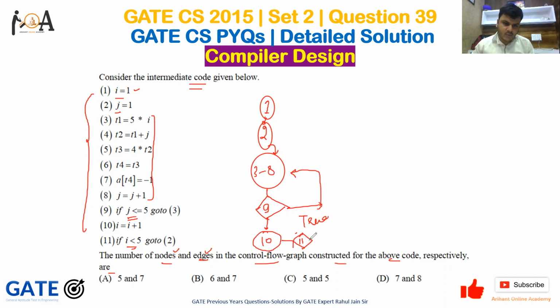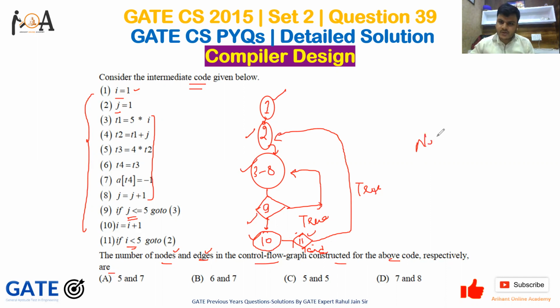If we find it true, we will go to 2, right? Else, we will end it, right? So you can see here the number of nodes are 1, 2, 3, 4, 5, and 6.